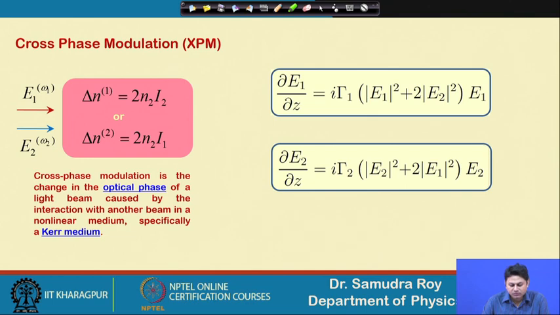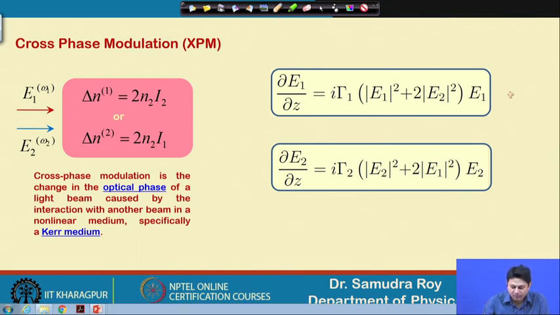In this case also, we have a coupled equation, two coupled equations rather. One is this one and another is this one. These two coupled equations can exchange the energy. Will they really exchange the energy, or will the energy remain conserved? That we are going to find in our next slide.